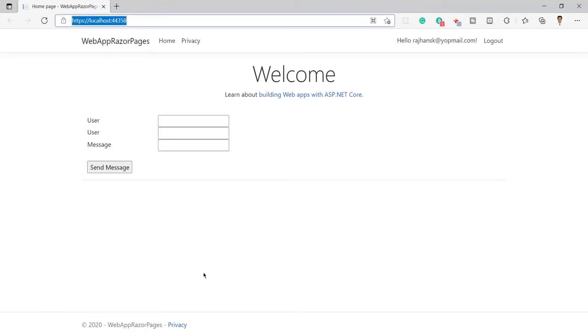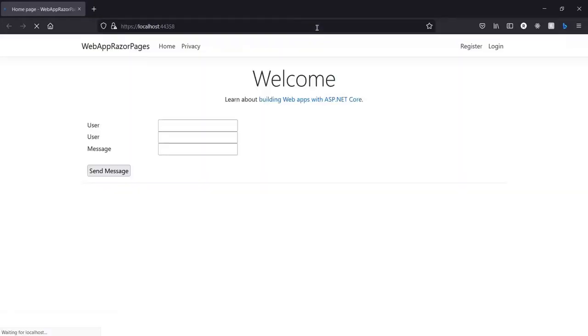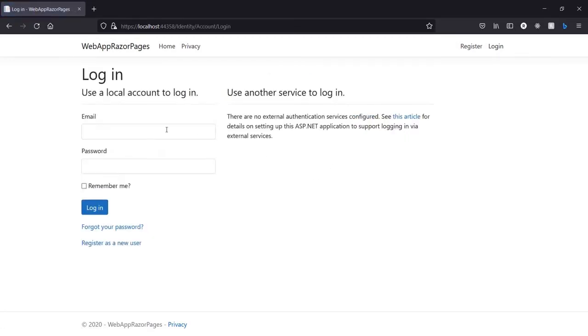So let me just open this in multiple browsers. So this is the box, and I am going to open the same here as well. And here again I need to log in. So I will log in using this vinith@yahoo.com, and I will add the password here.